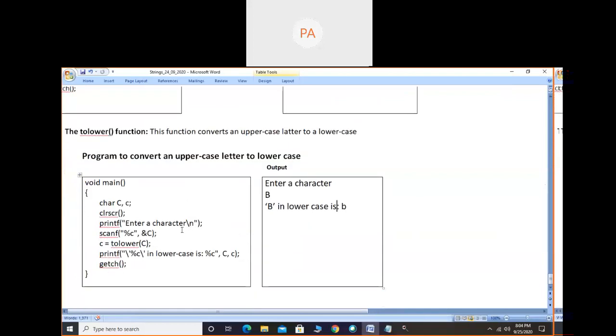And in this program, in scanf I have taken capital letter C. That means we have to input a capital letter, and when it is converted to lowercase, I am storing it in lowercase letter c. That's all. But you can even take capital letter A, capital letter B, or small letter a, small letter b. Two different variables we have to take.